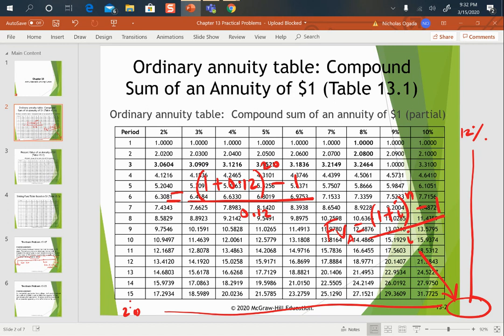In the case of 12% and 20, we have 1.12, and we raise this to 20, we get 9.6463, and you subtract 1, you have 8.6463. So in this case, you have 8.6463 as a numerator, and you divide this by 0.12, then you get a value of